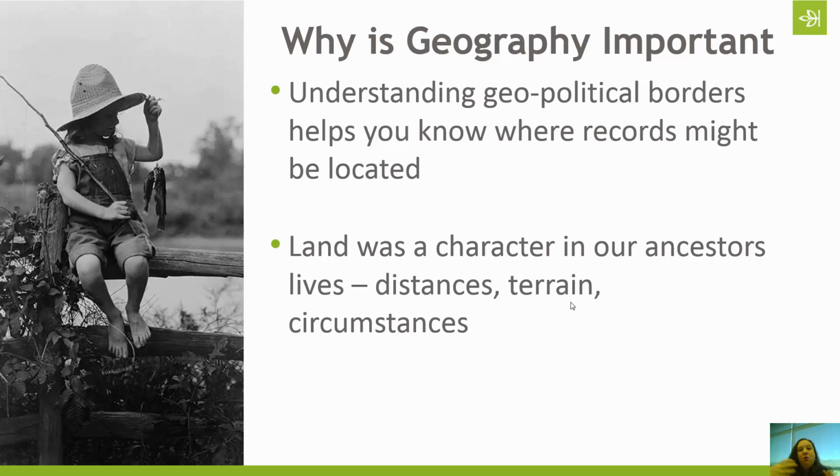Conflicts don't have to be big wars either. There are things that happen such as, well, not even just conflicts, illnesses. You have the influenza epidemic of 1918 that caused a lot of panic. A lot of people in big cities died. So you saw a little bit of a move back toward people moving west and people trying to get out